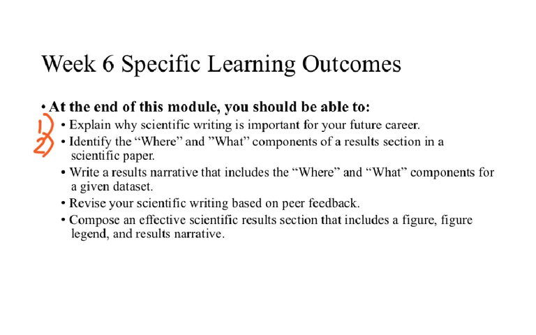Number 2, we'll also identify what I'm calling the where and the what components of a results section in a scientific paper. So we'll talk about what that means and how you can find them in a scientific paper that you're reading. Number 3, we're also going to not only identify these parts in the scientific paper, but also write our own results narratives that include these where and what components for a given data set. So we'll start talking about that in the online module. You'll do that for homework and then bring that with you to the in-class portion,